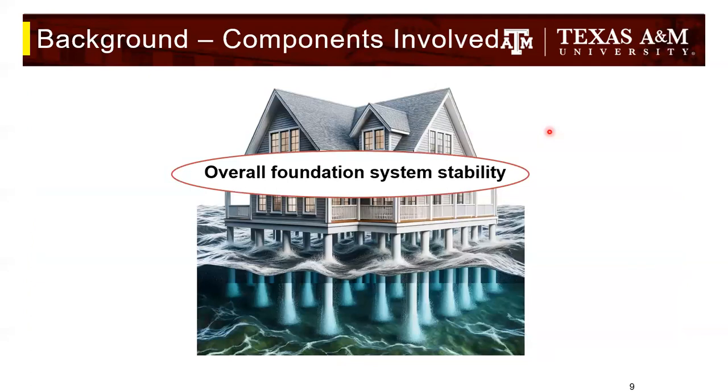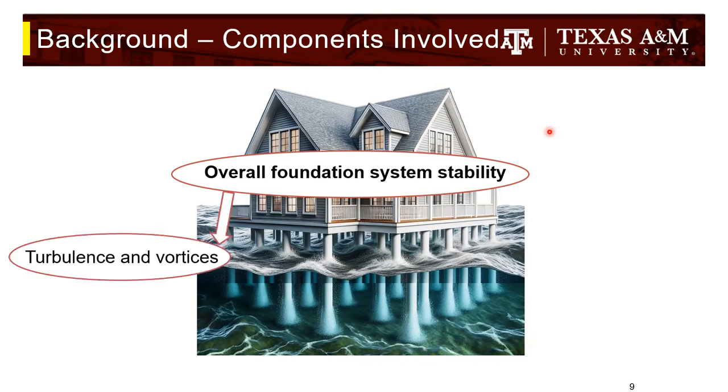To begin with, we are looking at mostly the overall foundation system stability and what affects this foundation system stability in the coastal ecosystem. The first one is more of a nearshore effect, like